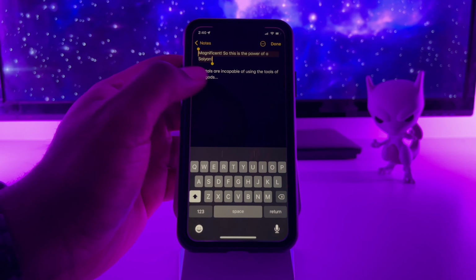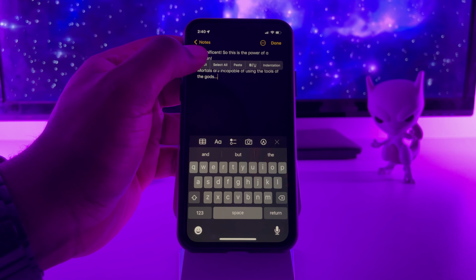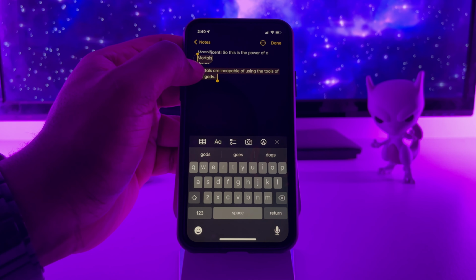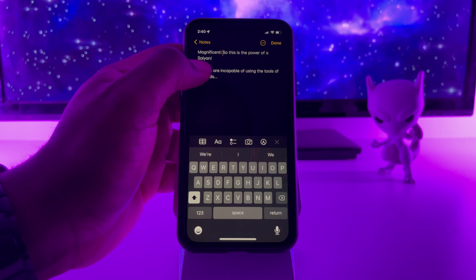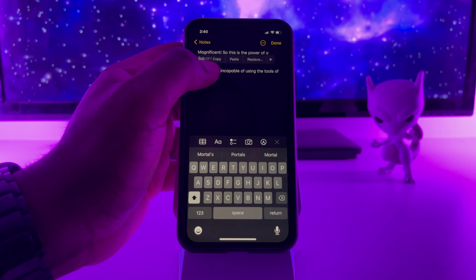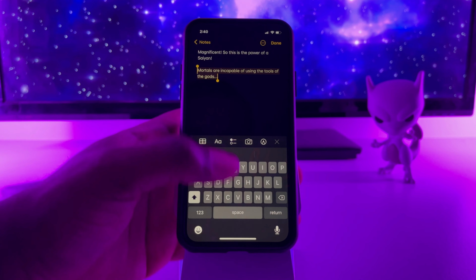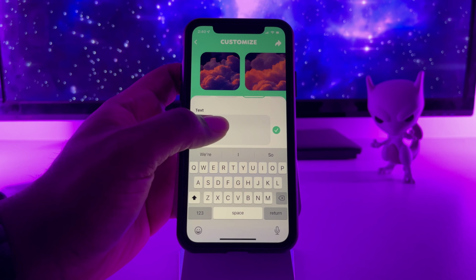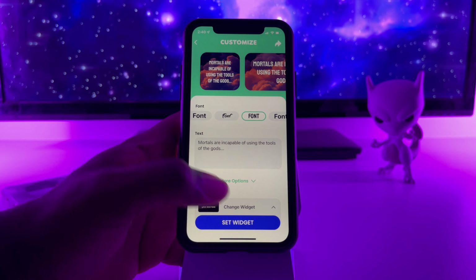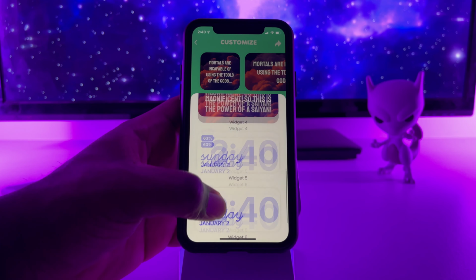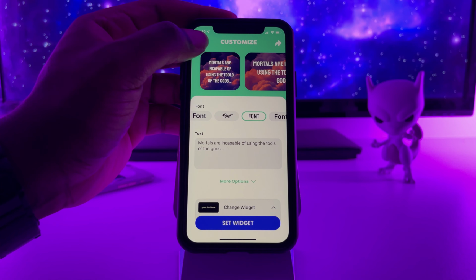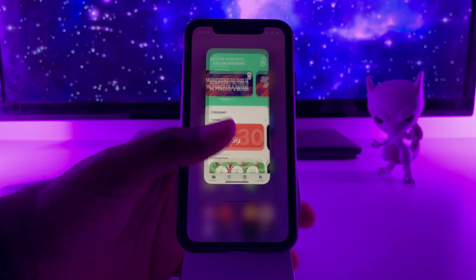Back to my notes, and then just copy this one over to select, copy, paste. There we go. Hit set widget, and I'll set that as widget number 5. There we go. Now we could go back,